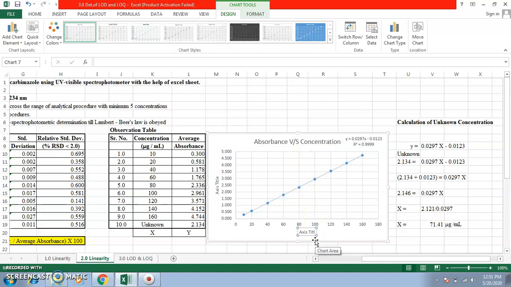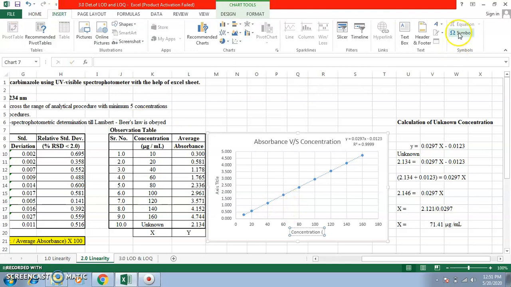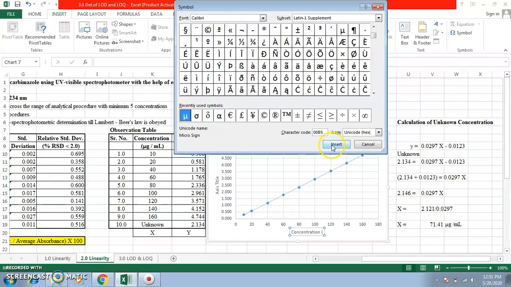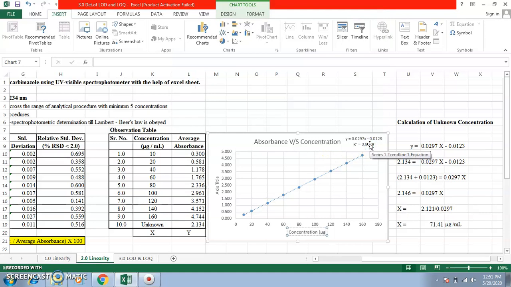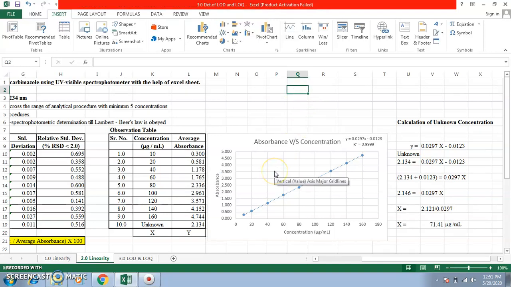Here the x-axis title is concentration in microgram per ml. So I'm going to insert a symbol using this symbol, microgram per ml. We're putting a title on the y-axis, absorbance. My standard curve is ready.